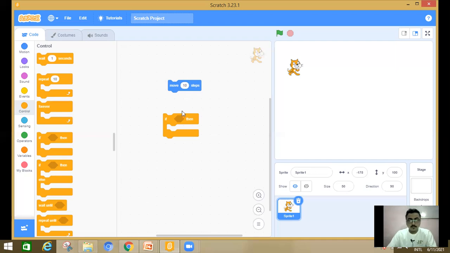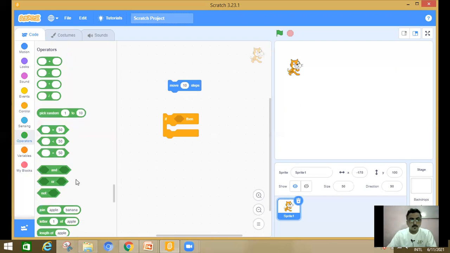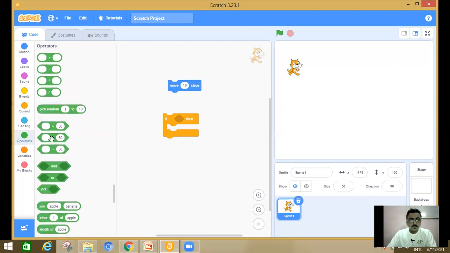So now I'm going to take the operator: if x is lesser than minus, sorry, minus 200.